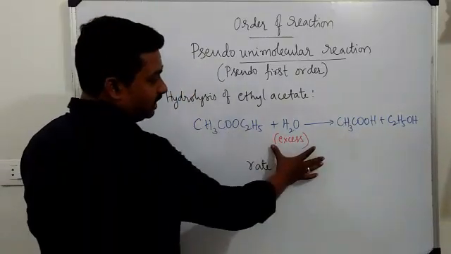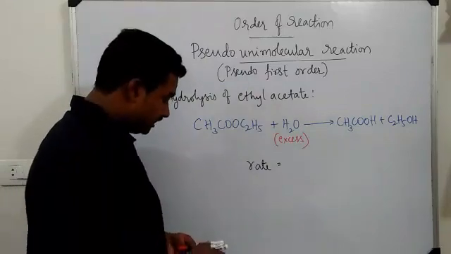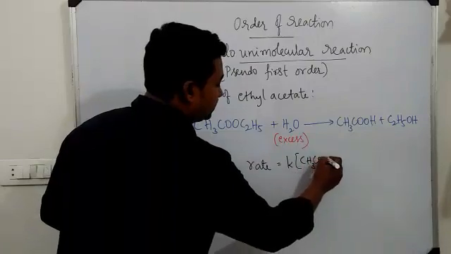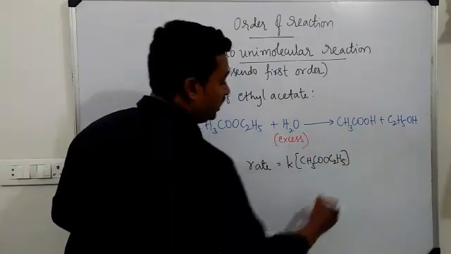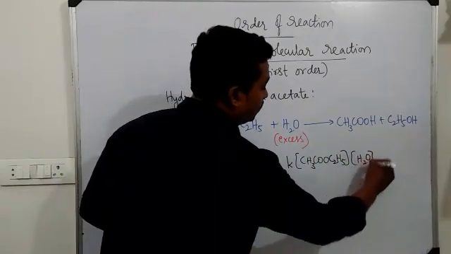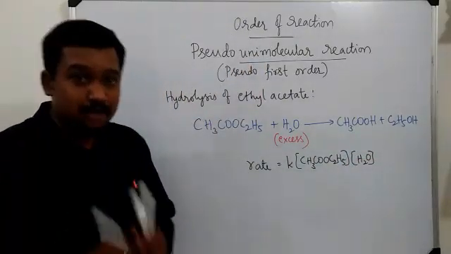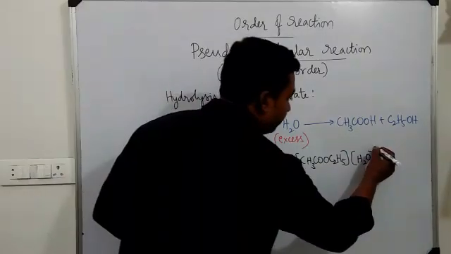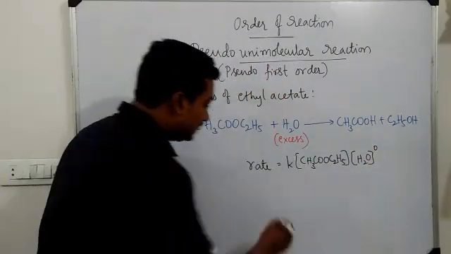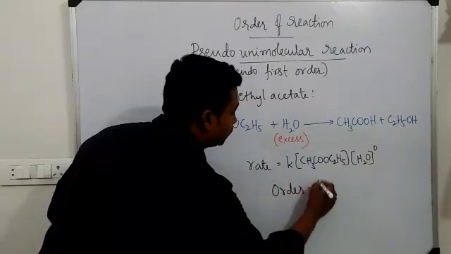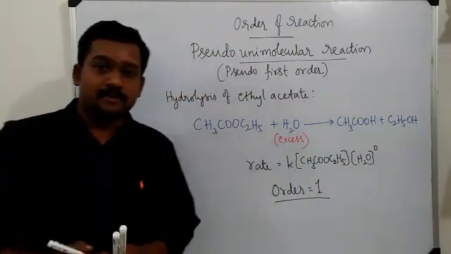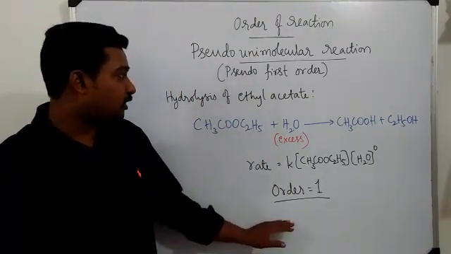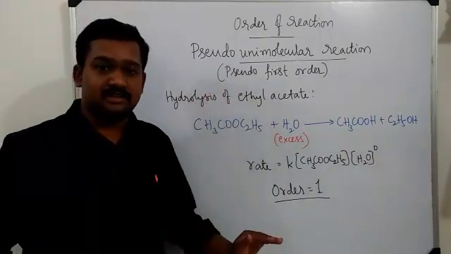Here in this case, once again we have excess of water used, and therefore the rate equation will be K into ethyl acetate CH3COOC2H5 power 1 into concentration of H2O. It would have been a second order reaction, but we have considered water in excess quantity, and therefore the power of H2O becomes 0, and hence the order of this reaction is once again changed into 1. So this was a higher order reaction. It has changed to first order. Therefore we call it a pseudo first order reaction.